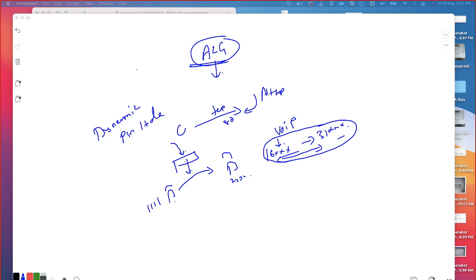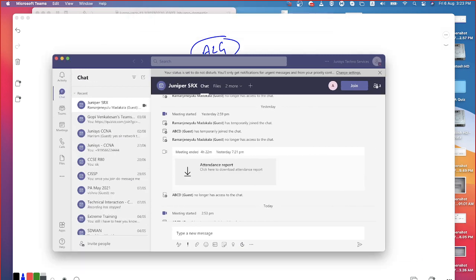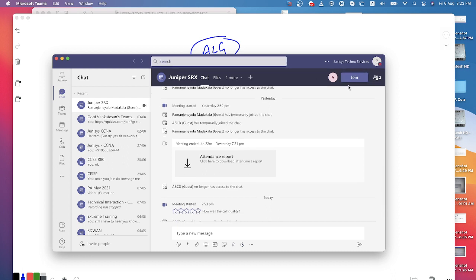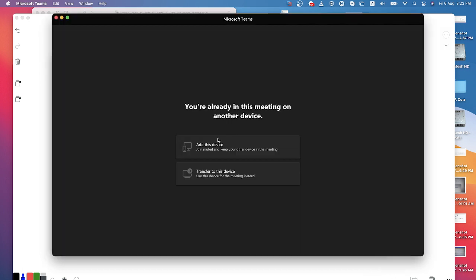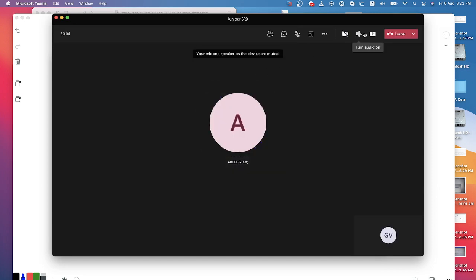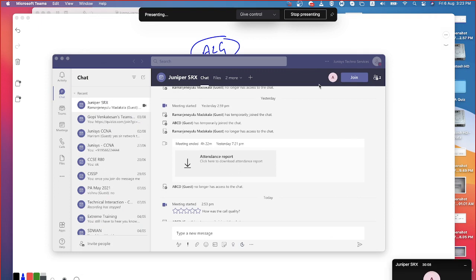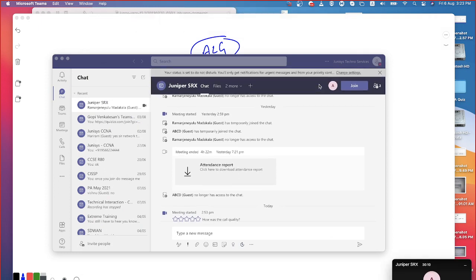Lost my screen, huh? I don't know why this is happening, but only for this session it's going on. Yeah, only for your class it's going on. That's what I'm wondering, why this is happening. If this were common for all the online classes, then I could agree. Yeah, the problem is with my side.